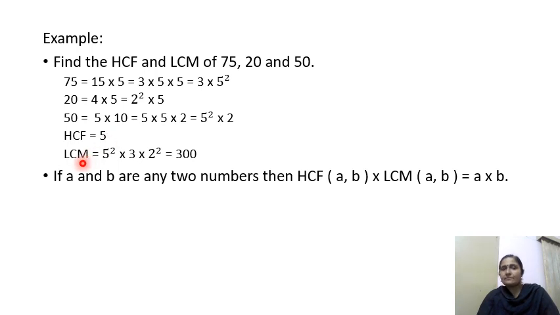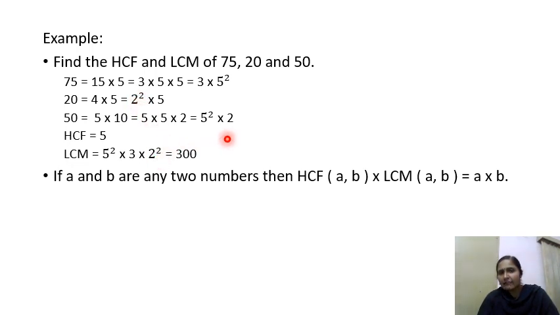Now LCM. LCM is equal to, according to the definition, product of the greatest power of each prime factor in the numbers. Okay. So now just to check there, 5 is common in all and the greatest power of 5 is 5 square. So that we wrote there 5 square. Then next 2. 2 is there in these two numbers and what is the greatest one? Here 2 raised to 2. So that one we wrote here 2 square.